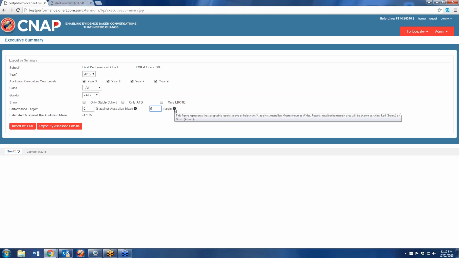Results outside the margin area, which is 5% for this exercise, will be shown as either red, which is below, or green, above. Okay, so we're setting a 5% margin. The first element you can go to is report by assessed domain. So if you click on that,